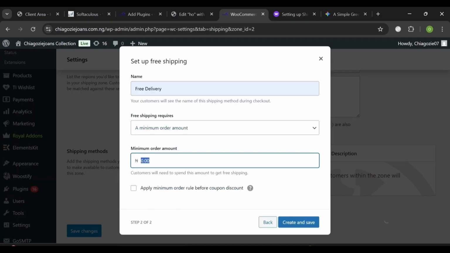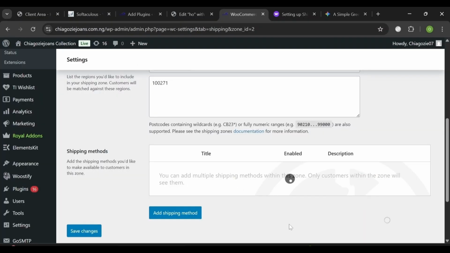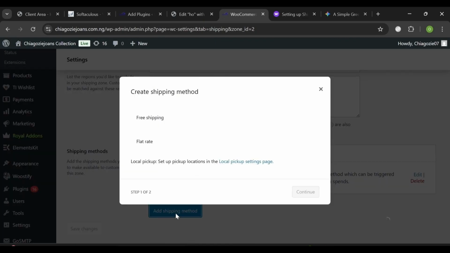Then you can type in the minimum order amount in dollars or in naira. This is actually showing naira here, so I'm going to type in 70,000 naira. So anytime someone purchases products that are worth 70,000 naira, they will get free delivery. Once we do this, we click on create and save, and we can click on add shipping method again,